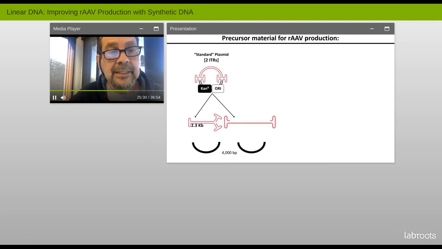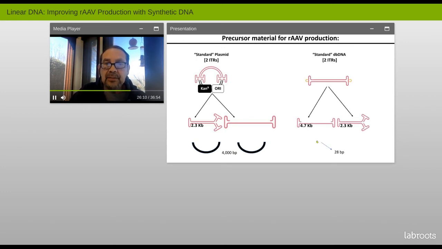So if we go to the next slide, I think what you're left with as a take-home message is that the standard plasmids that the field uses carry two AAV ITRs cloned into a bacterial plasmid backbone requested by the FDA to be kanamycin resistant, and that when this is introduced into the production system, one generates the AAV molecules, whether it's a self-complementary AAV as illustrated on the left-hand side, or a traditional single-stranded AAV as illustrated on the right-hand side, plus the plasmid backbone sequence as a contamination.